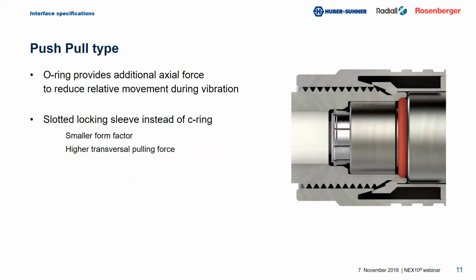Another specialty of the NEX10 is the quick lock mechanism. On a quick lock, you always have the problem that it's not completely tight. You always have a little bit of relative movement of the male and female connector to each other. What this results in is that over time, during vibration, the little bit of movement creates little metal flakes, and the little metal flakes in the interface build up and cause PIM at one point, because loose parts in the interface have this effect that they cause